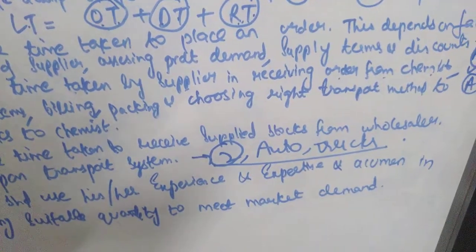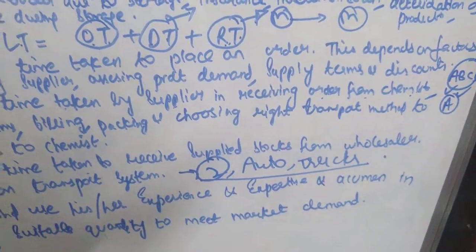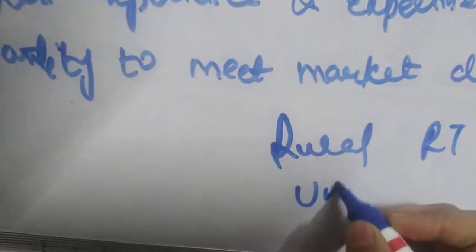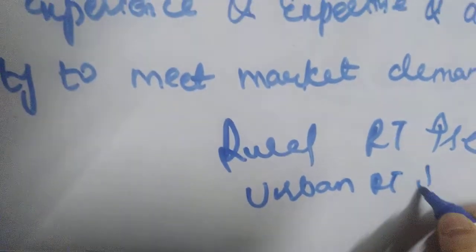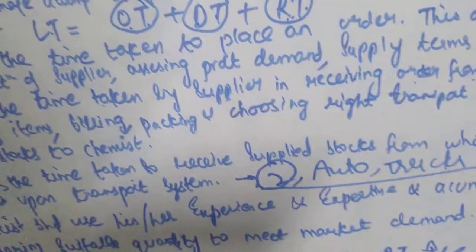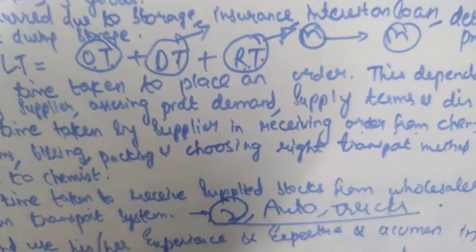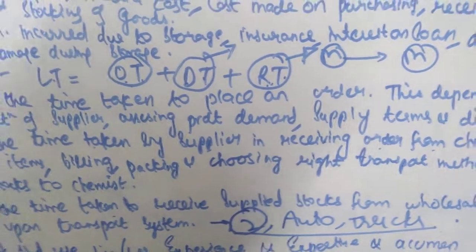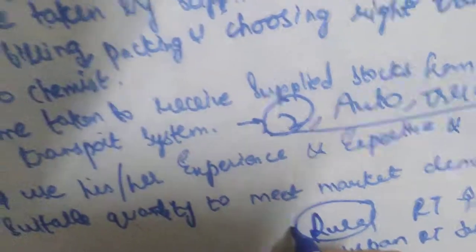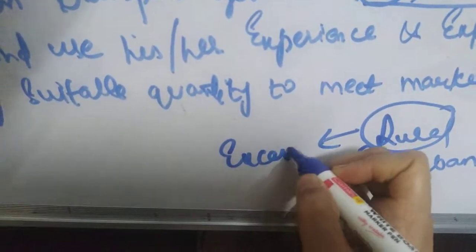Obviously, if you are choosing a two-wheeler, then you will have a fast transport system. And for example, if your pharmacy is located in a rural area with a poor transport system, then the receiving time will increase, right? It is very clear that in a rural area the receiving time will increase, whereas in an urban area the receiving time is less compared to a rural area. So pharmacies located in rural areas require ordering excess stocks to meet the customer demand. At one time only, they have to order the excess stock in order to meet the demand.